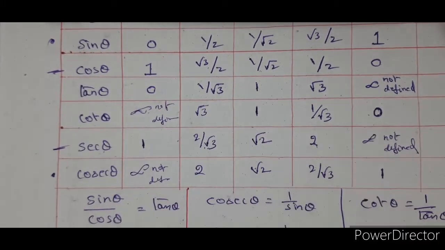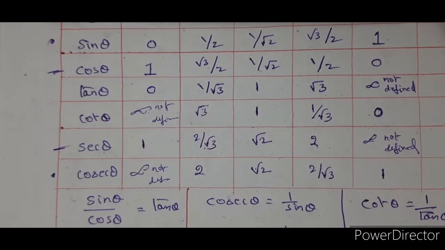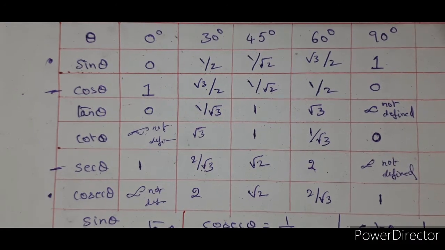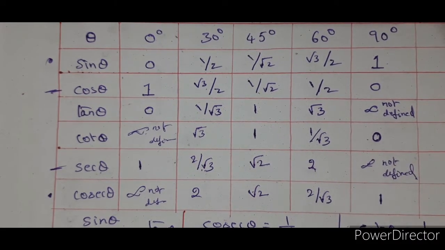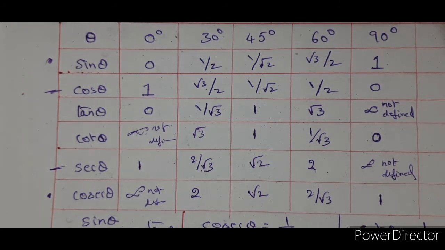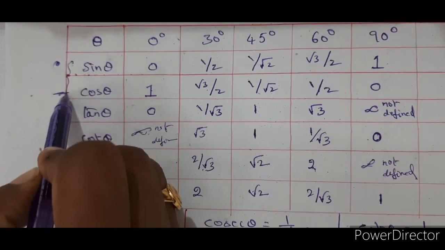So these are the values of specific trigonometric ratios of specific angles. What angles have we considered? 0, 30, 45, 60 and 90. Every class 10 student should have all these values on their fingertips. The best technique here is that you learn these two, that is enough.